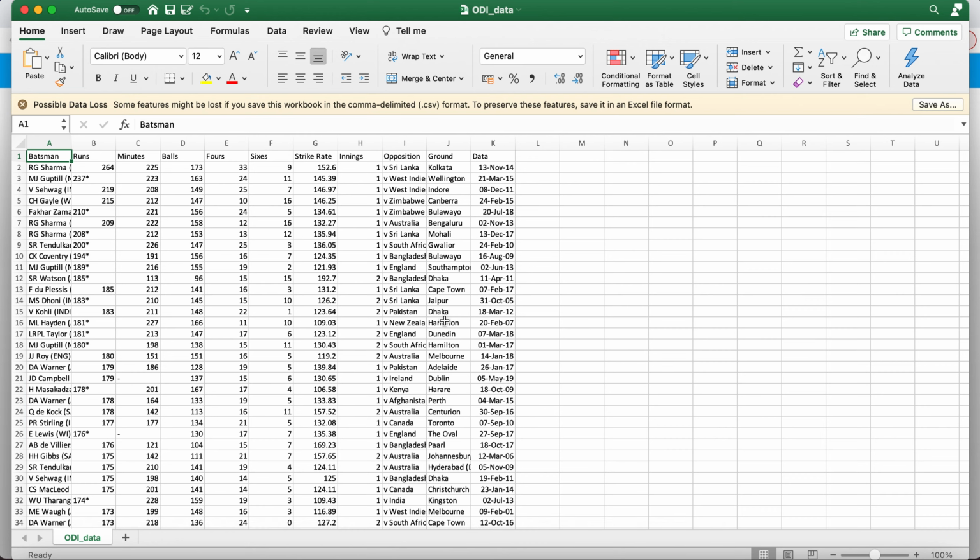Now once we have the data, in the next blog I have written how we can analyze this data, and we can answer a few questions like how batting has changed in ODI from 2001 to 2019, be it in terms of runs being scored or sixes hit, or the number of centuries being hit in a particular year. We have done our analysis year by year, to see how the trend is changing. So you can check that blog out.